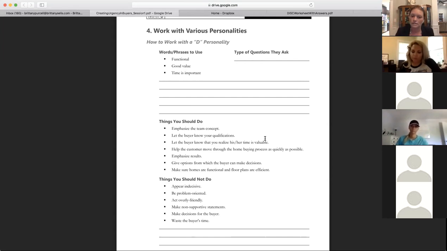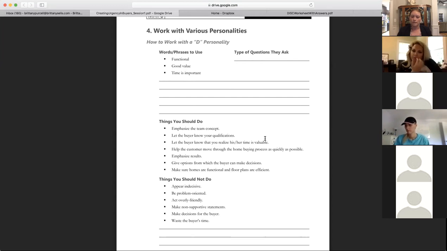And so if you understand the team concept, everything that you're telling them needs to be returned back to why this is of value to you, why it saves you time or money or energy or whatever, gets them to the bottom line. Also, let them know your qualifications. They will love to know your qualifications and your team's qualifications. This works with buyers or sellers. I happen to be reading a buyer packet, so it talks a lot about buyers, but letting them know that their time is valuable, also letting them know that you're going to be a bulldog for their money and watch out for their money the way that you would watch out for your own. That's going to make them feel more at ease in the relationship.